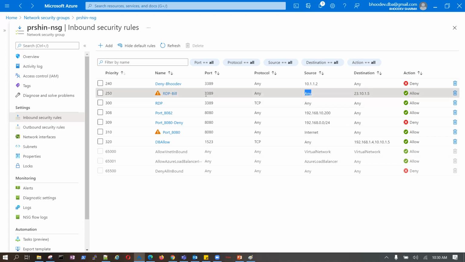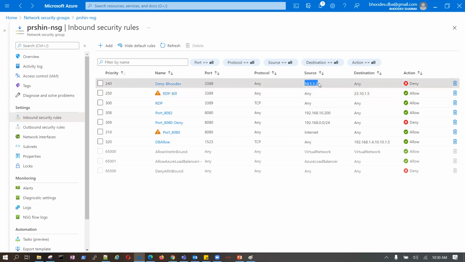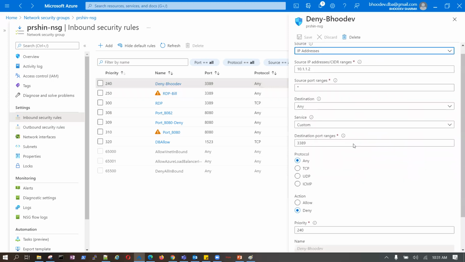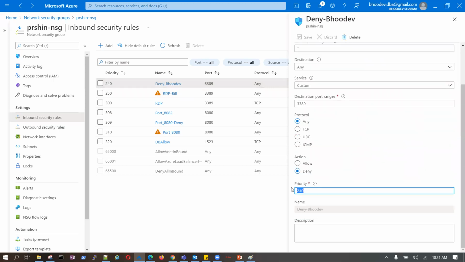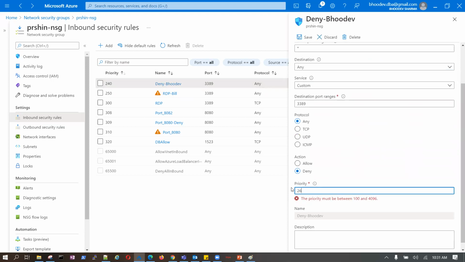And any also includes this IP address, because any includes this one IP. In the current scenario, this will be denied. But I will modify it and then explain.